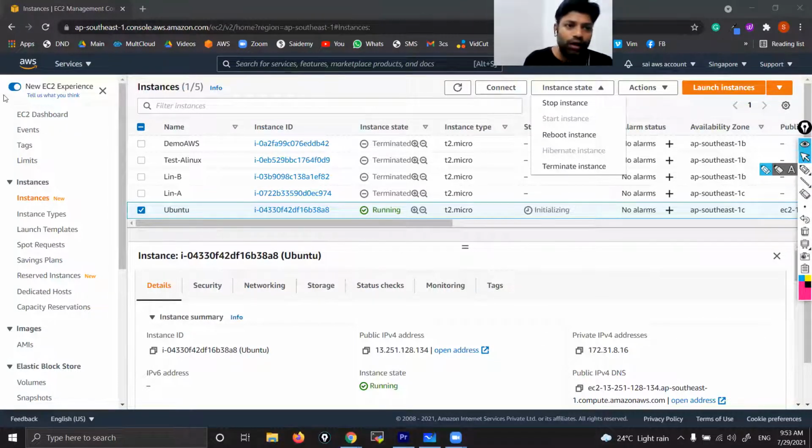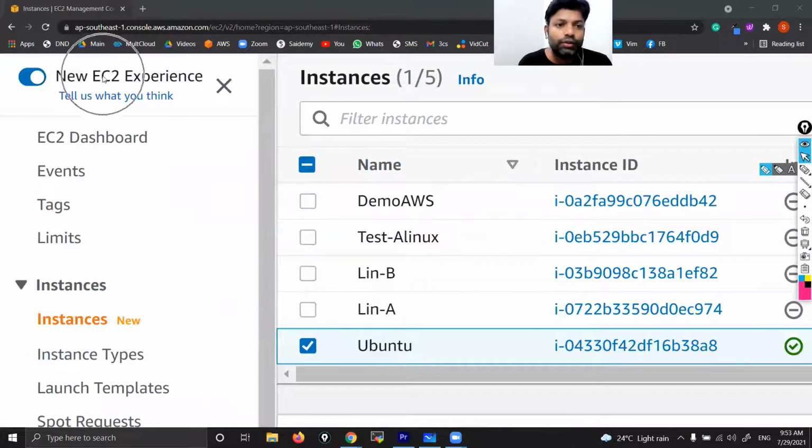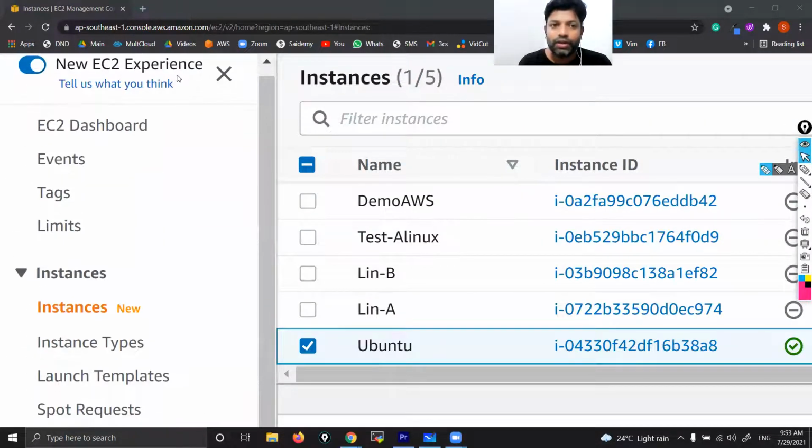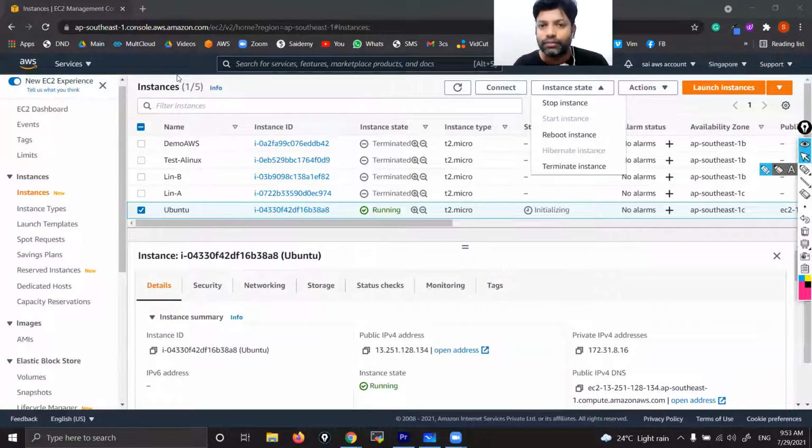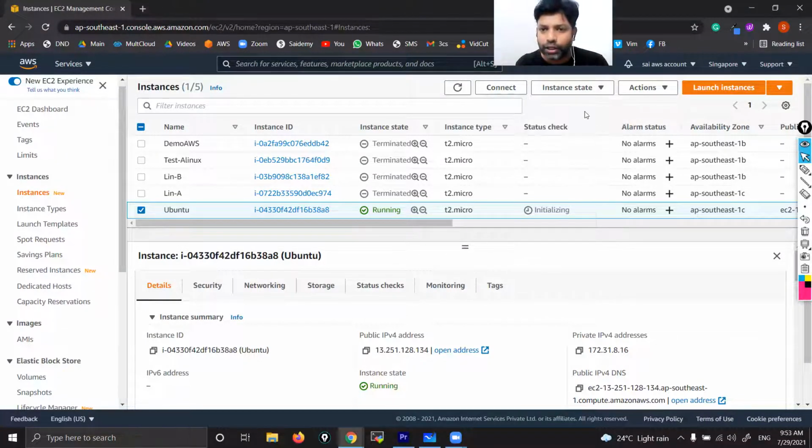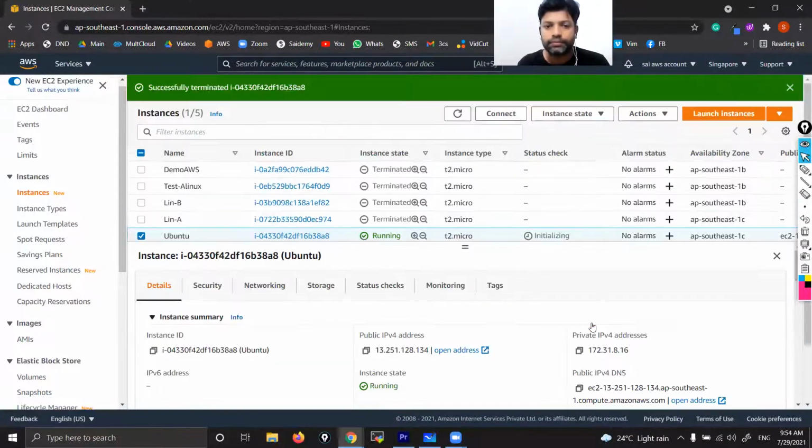In fact, whatever you can see, this is the new console, the new EC2 experience. Earlier we used to use the older console. This is a new one. Like that, they keep on adding new things. At that time, a few things may not work for a temporary duration because they are working on it. Don't worry, after that they will immediately activate it. That rebooting option someone asked about, first let me verify, then I will let you know. Okay. Let me terminate this one. Instance state, terminate. Got it?